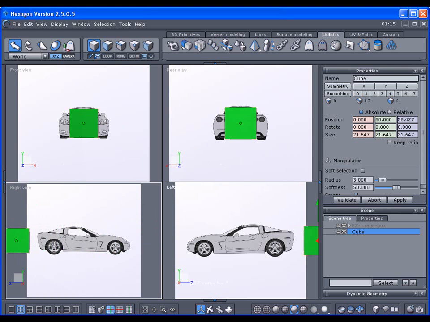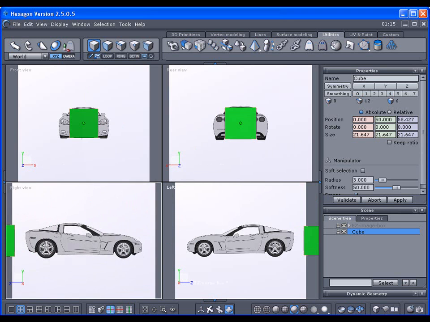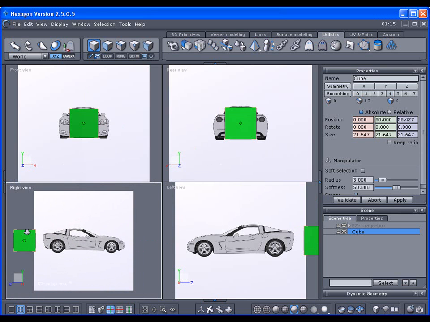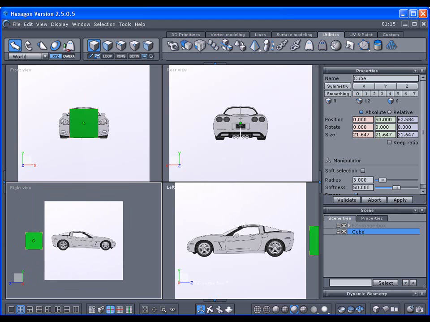Let me zoom this back a little bit. As you can see, I got it in the back of the car, and it moved to the front. It's because of the way this program is, it's like that car is actually looking towards me. I'm not going to get into full detail why this is. It's like in the real world. So if you want to fix that, let me zoom this back down a little bit so I can see. Now if you want to fix this, I'll set this back here,